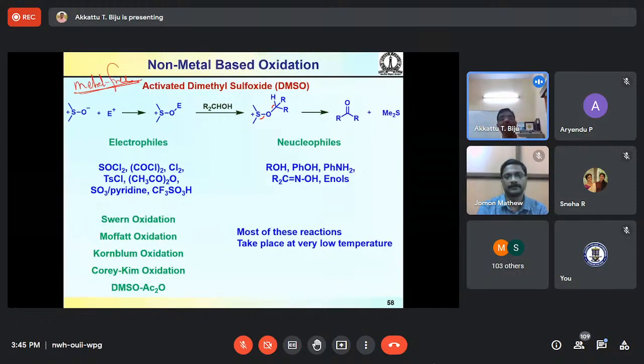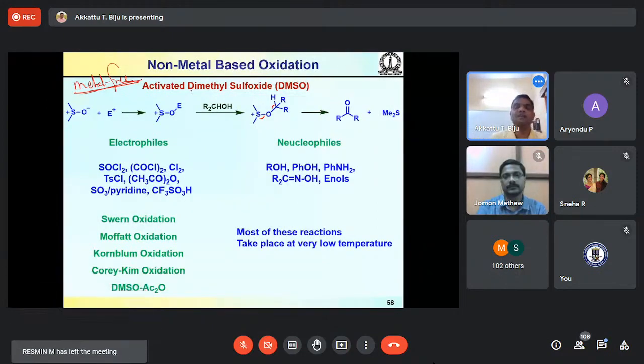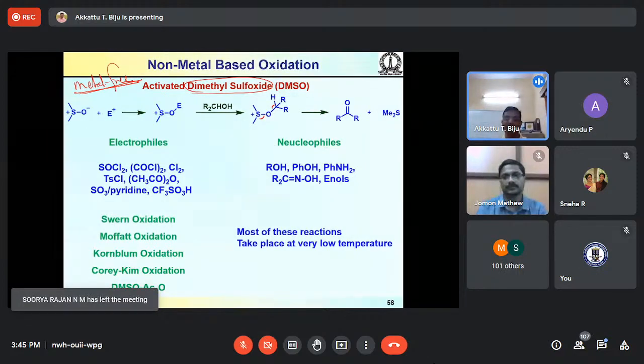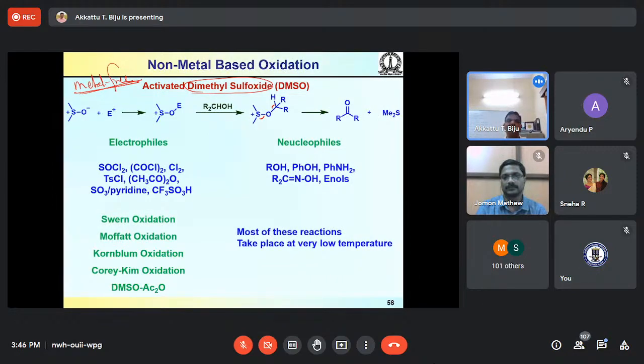So one of the important reactions in this domain, the oxidation using metal-free conditions, is the oxidation reaction using dimethyl sulfoxide, or otherwise known as DMSO. This is one of the important reagents useful for metal-free oxidation reactions. So the idea is the combination of dimethyl sulfoxide with various electrophiles can be classified into several